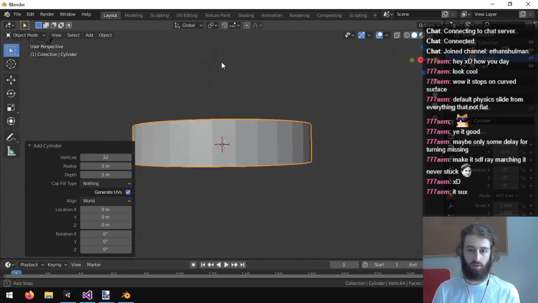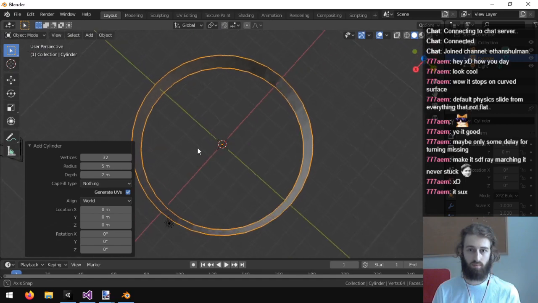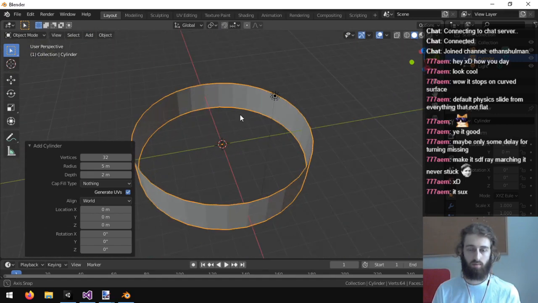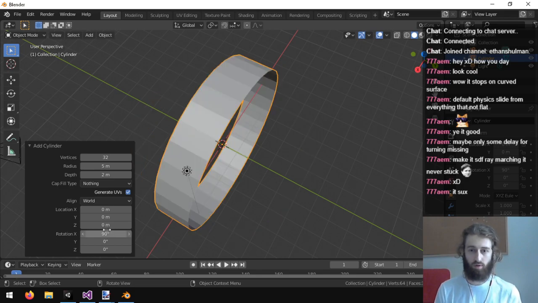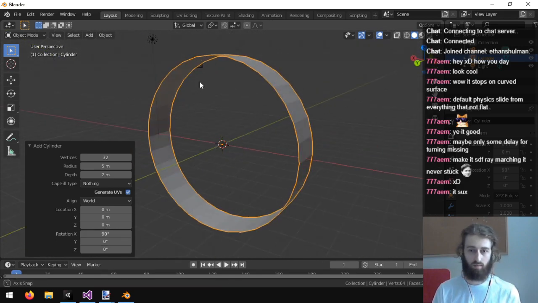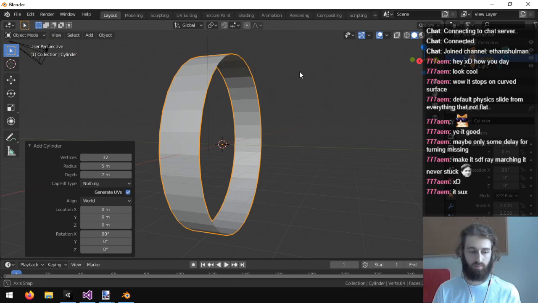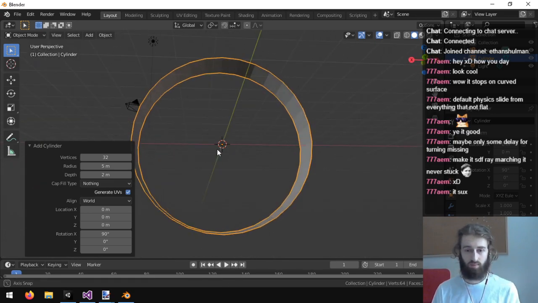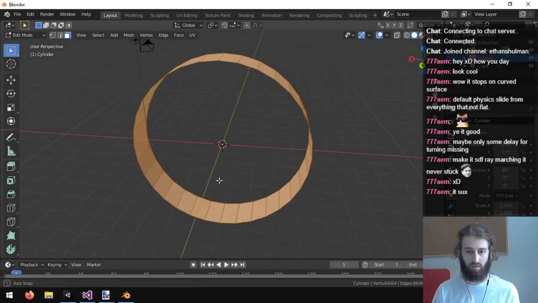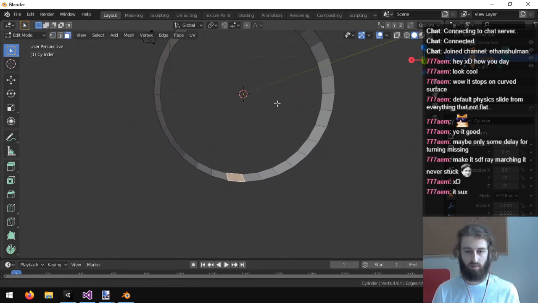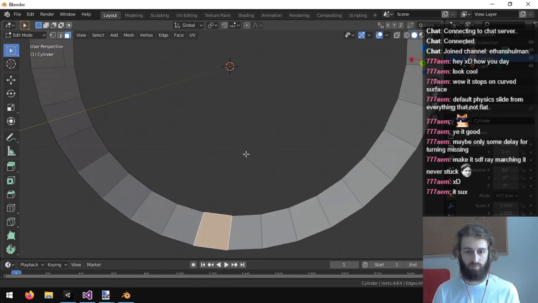That looked good. Looks kind of like a hamster wheel. I guess I should make it with a ramp going onto it so you can slide into that. Maybe disconnect this one.